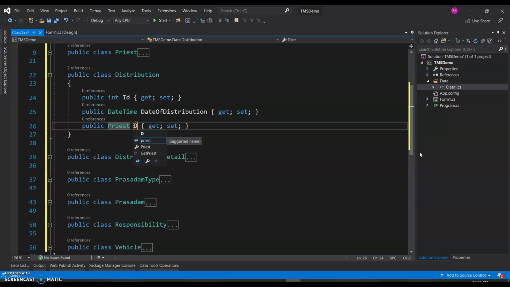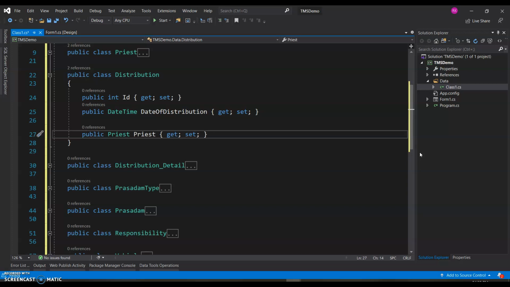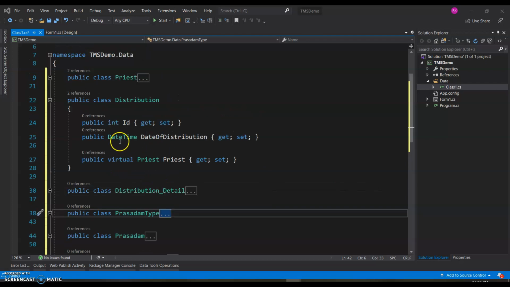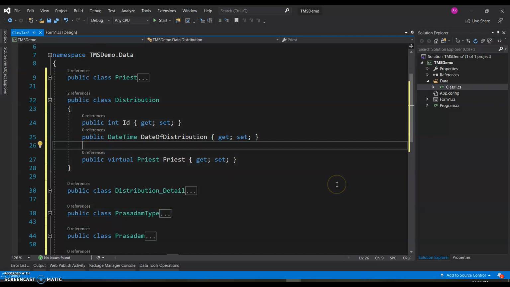I'm sorry, this will be priest, right? And since it's a navigation property, I would want to make it virtual. So that forms the other side of the relationship. So now you can see this. We were successful in associating the priest and distribution.